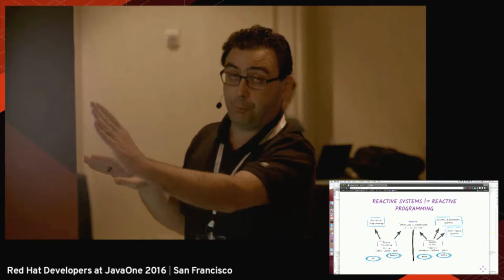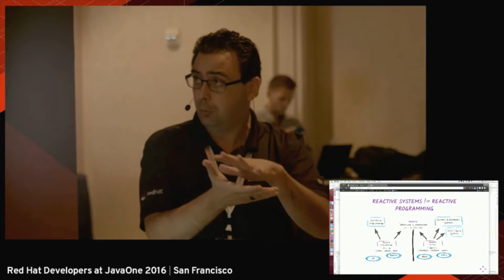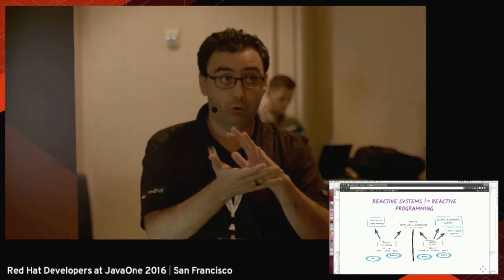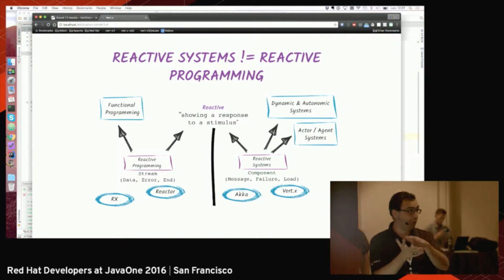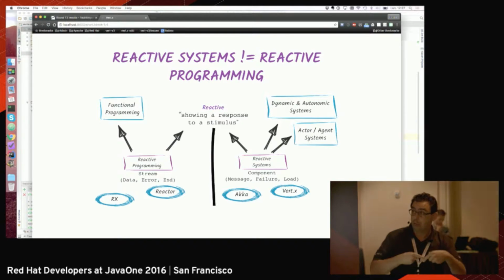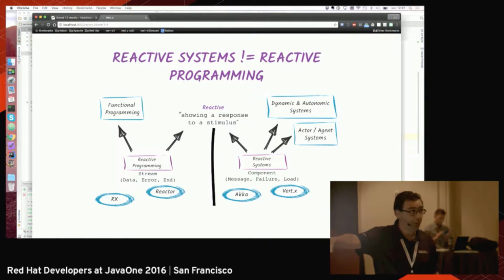The first branch is reactive programming, at the programming model level. It inherits from functional programming, and it's actually just a subset of functional programming where you handle streams. A stream is a sequence of data, error, and end of stream. So you just have a pipe where you have data inside, and you observe this pipe. Every time that there is data or one of these events, you will be notified, and you produce another stream. You have to produce another stream to stay in the reactive programming paradigm. So here we have all the Rx libraries, RxJava, RxJS, RxGroovy, and we have also Spring Reactor,